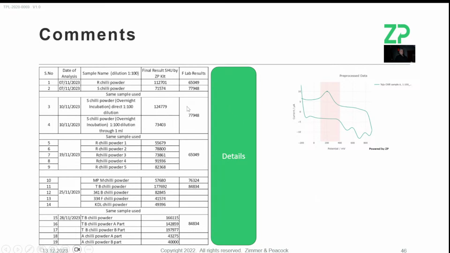What if you want ZP to support you, what will be useful then, is to have details. Because there are interesting comments like direct 1/100 dilution through 1 milliliter. I need to understand those comments, because then we can actually figure out why that one's high, that one's exactly in line with HPLC. But I do find it super interesting that one thing I would notice is I think that we're correlating well with HPLC. We're not agreeing absolutely on the values,